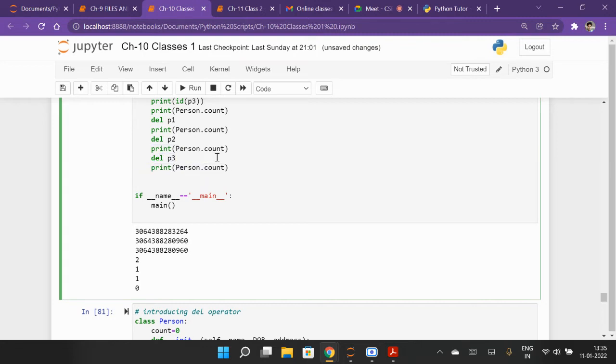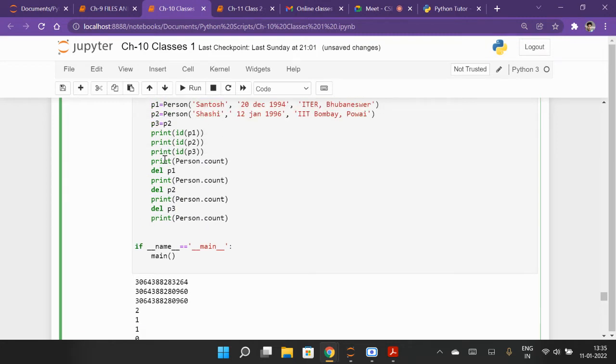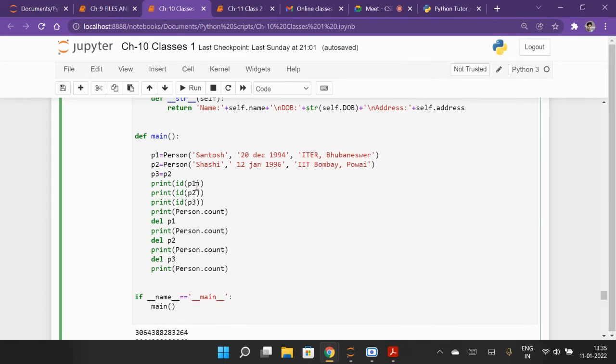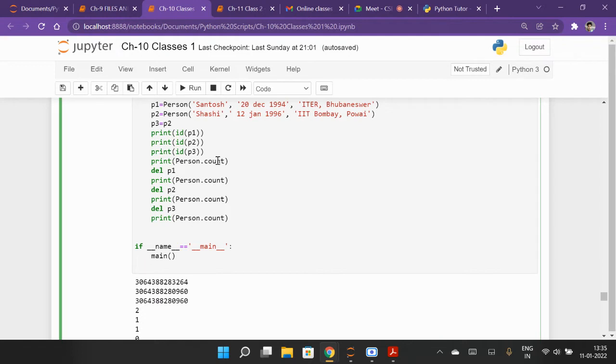So you have to keep this thing in mind. In the exam, if they ask you the output of this, an MCQ question will be asked. Options will be 0, 1, 2, 3, like that. They will ask you the output of this program. So keep in mind that when you delete P2, P3 is not deleted.